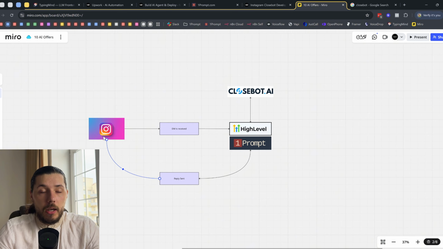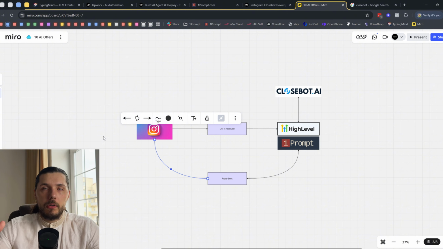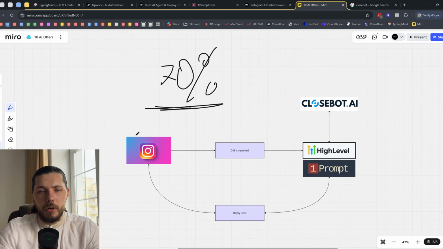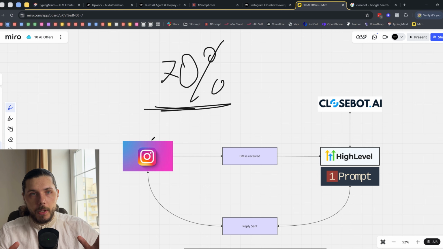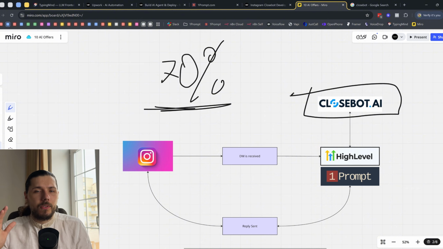Now, I would say that it depends on the complexity. I am not the guy that is saying that you need to build the most complex system for each and every use case. No, there are use cases for different things. Let's say 70% of all the potential automations on the agentic frameworks that could be built on Instagram for the DMs can probably be handled by a simple CloudBot interface, or with a pretty straightforward tool framework, whatever you're using.